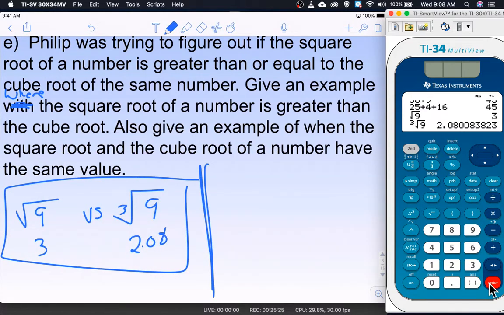Now the second scenario is where the square root and the cube root were equal. This one you have to be a lot more strategic in your numbers, because most of the time they're going to fit into this first pattern. So a lot of times if you're trying to find little tricky patterns like this, it's good to think of numbers around 0. 0 and 1 are very common numbers that fit in a lot of different tricks that we